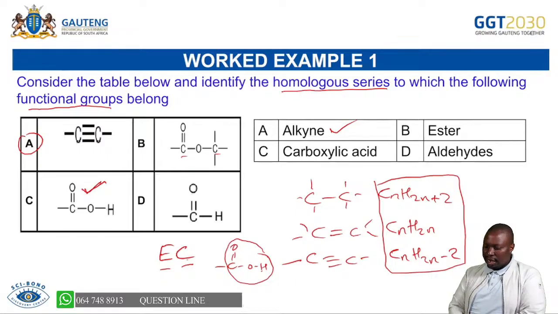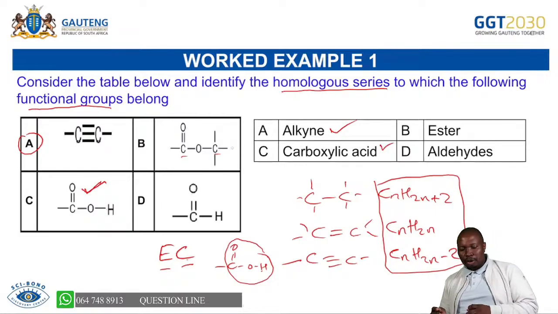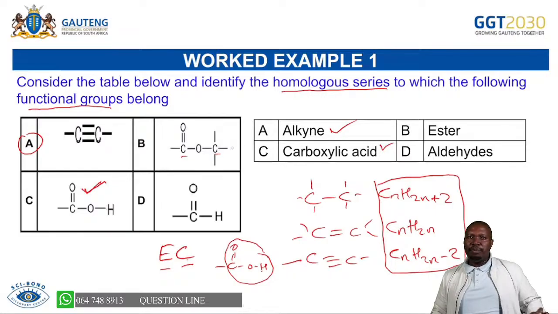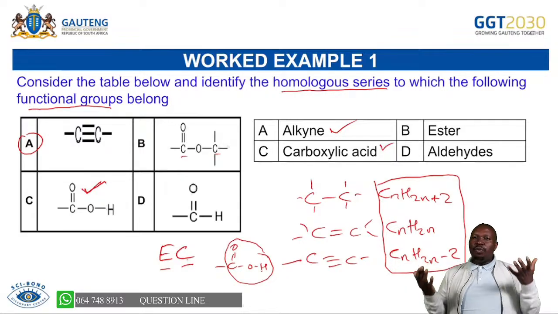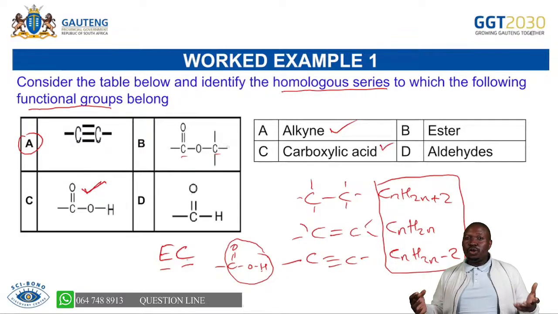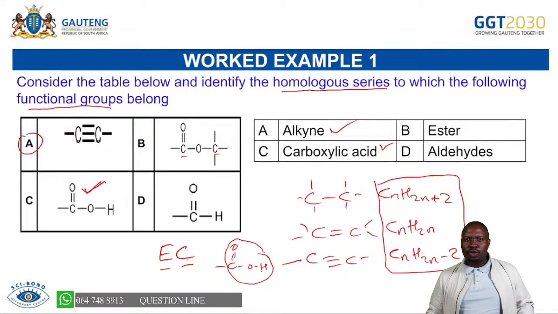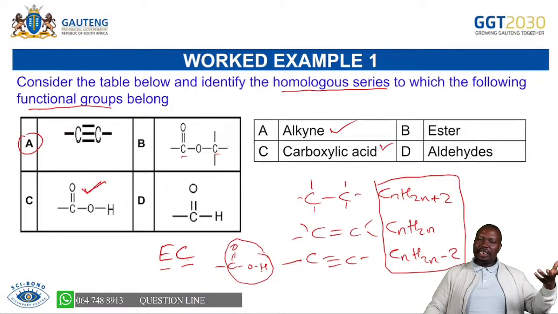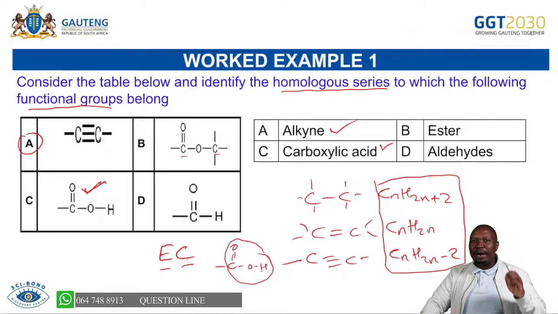Number C is carboxylic acid, as we indicated there. And then a C double bond O with another carbon. So the C double bond O, where we have oxygen, let me put it this way, so that we don't have a problem. A structure which has oxygen between carbons, that is an ester. In terms of what we're doing, as you go to university, you will find another structure that has oxygen between carbons. They call it an ether, but it's not part of our syllabus.